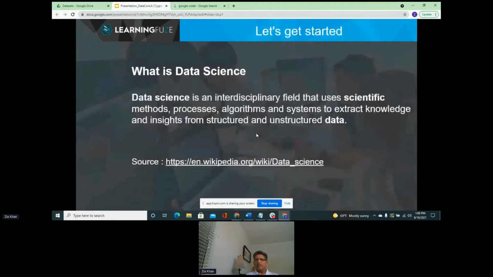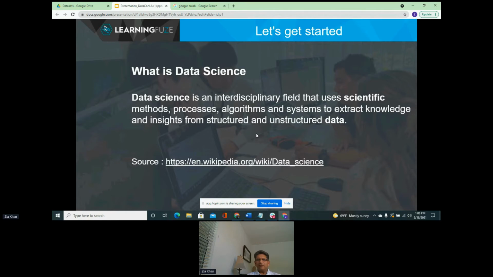All right, so what is data science? This is the definition when you search data science on Wikipedia: it's an interdisciplinary field that uses scientific methods, processes, algorithms, and systems to extract knowledge from data. The data can be structured versus unstructured. I'm sure most of you are familiar with structured versus unstructured data.